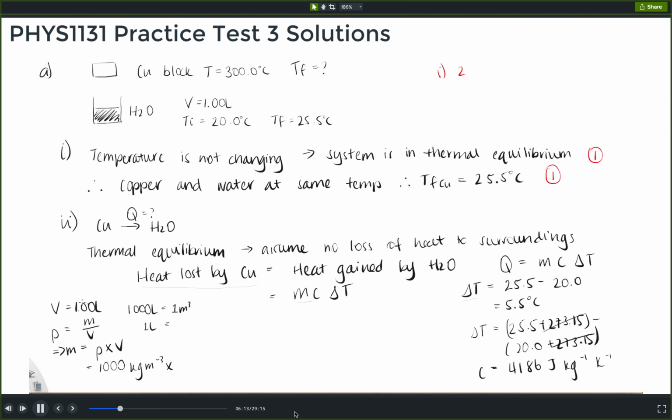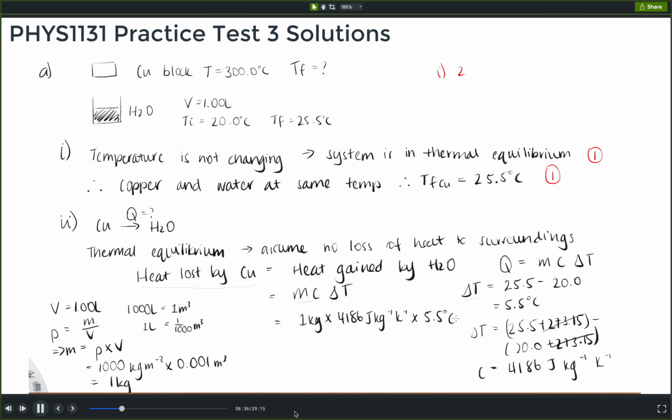Therefore, 1 liter, which is what we have, is 1/1000th cubic meter. So if we multiply this by 1/1000th cubic meter, we get the mass of water is 1 kilogram. So let's sub all that in. Degrees Celsius or Kelvin, so our temperatures cancel, our masses cancel, and we are left with a value in joules, which is